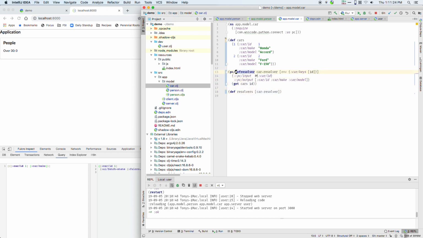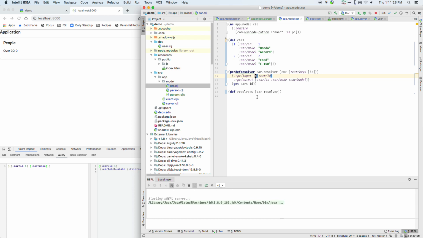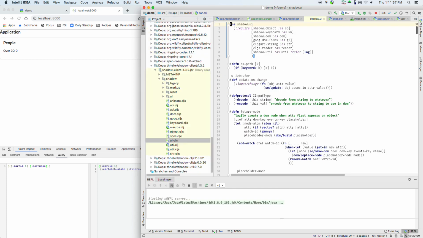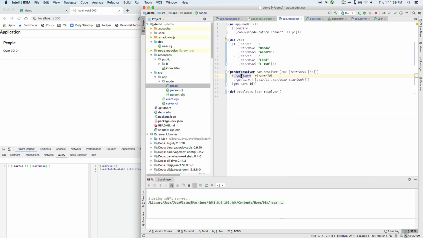So the way the def resolver works is you tell it what the inputs are. I think I'm going to just stop this and restart it just in case I've screwed up my hot code reload. You can specify what input you expect, and this goes back to over here in the UI when we defined,